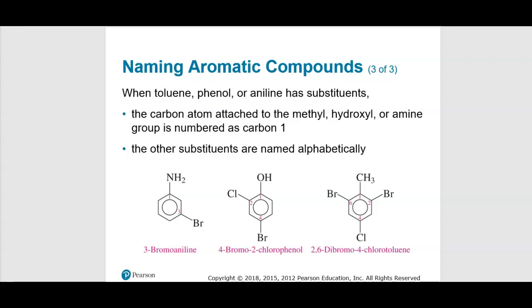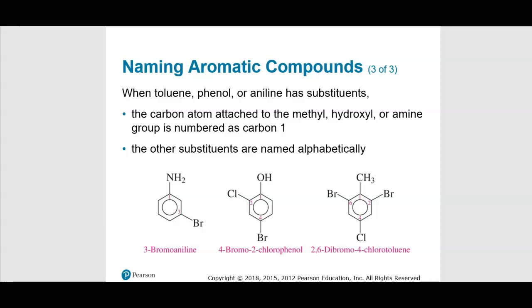So 3-bromoaniline, you start at 1. The shortest distance is to the bromo, to give it the lowest number, which is going to give it the 3 position. You have 4-bromo, 2-chlorophenol. Remember, you are writing the substituents in alphabetical order without reference to prefixes,